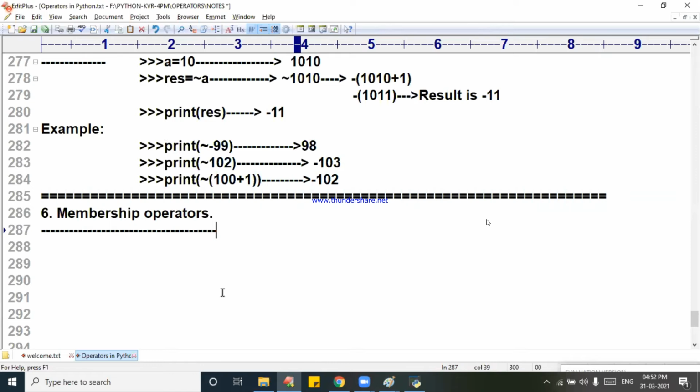Now let us go for membership operator. Very, very easy. Let me tell you very easily. Now I am asking, in my class some set of students are there. Praveen Kumar is there, Pavan Kalyan is there, Vijay Kumar is there, Varun is there, Vikas is there, Shubham is there, KVR is there. So many students are there. In that, now I am asking,